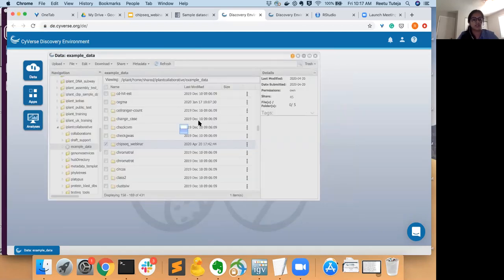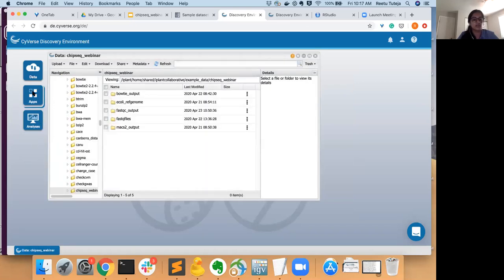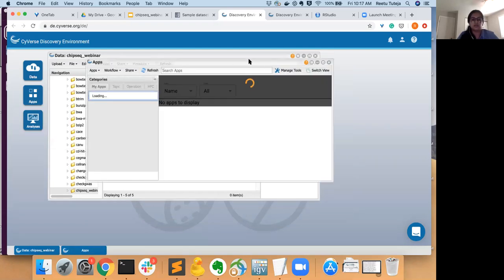Sometimes this takes a while to come up. And for running the apps, this is all the data: FASTQ files, alignment files, and then the peak calling files. So if you click on the apps here